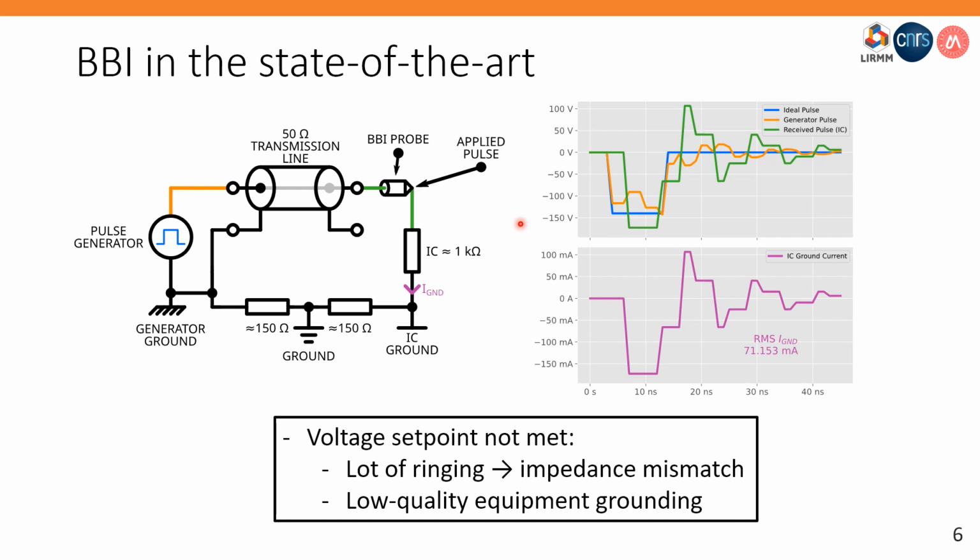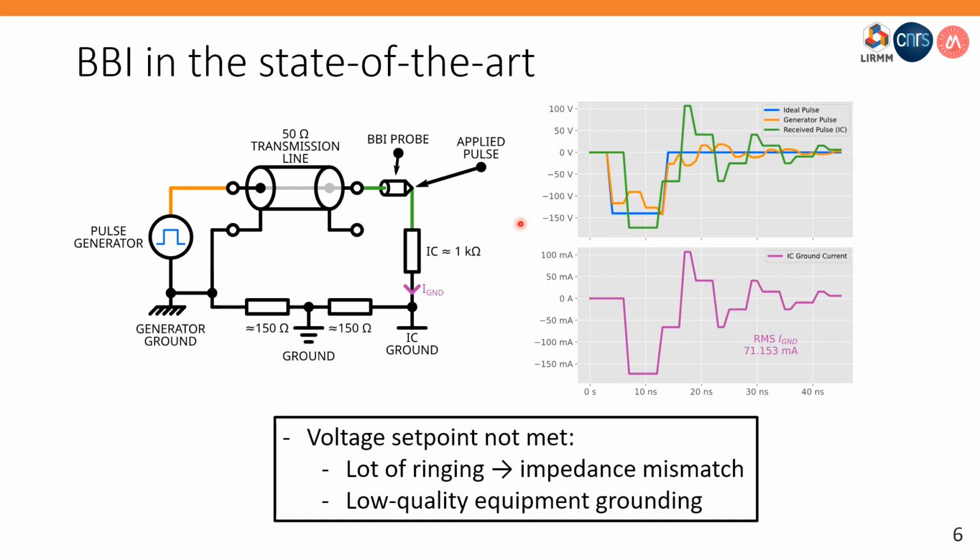In blue is the ideal voltage pulse, in green the effectively applied voltage pulse on the backside of the IC, in orange the pulse seen at the output of the voltage generator, and in purple is represented the current of the integrated circuit ground pin during the injection. What is important to remark here is that there is obvious ringing in every signal,